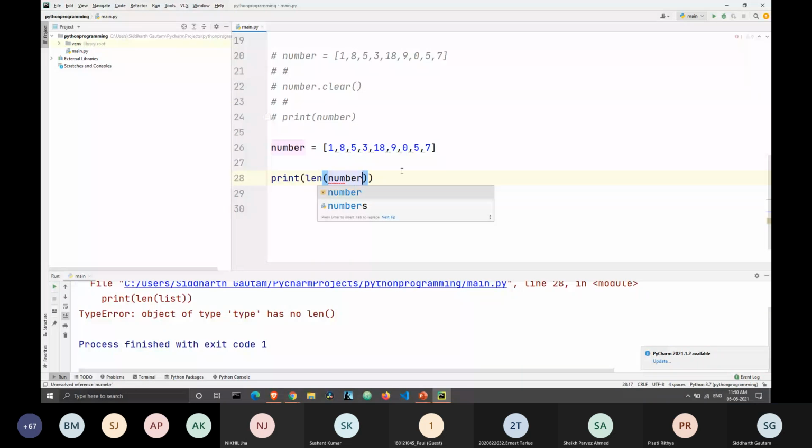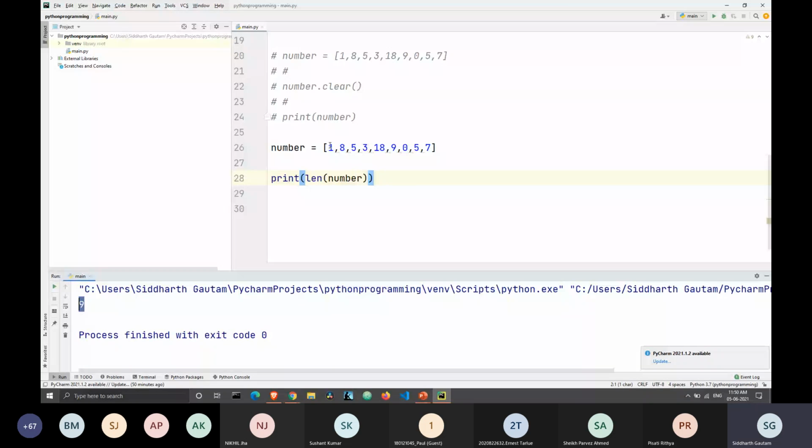So we print this, we get the value of 9 because this list has the length of 9. Let's take a look: 1, 2, 3, 4, 5, 6, 7, 8, and 9. The list has 9 elements, and that's why we are getting the length of the list as 9.